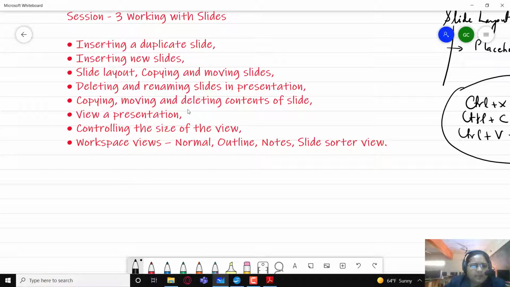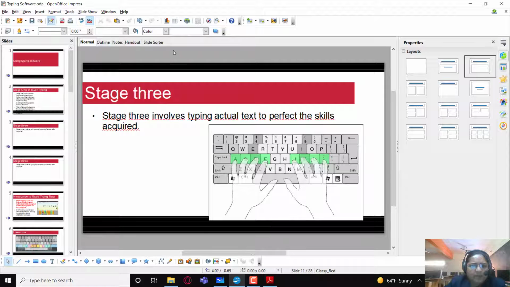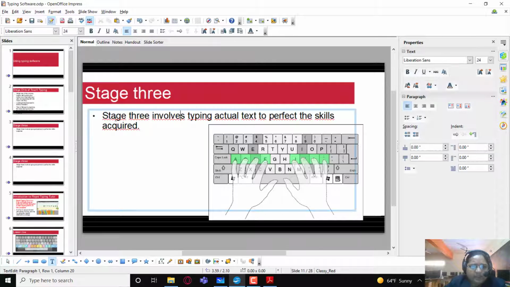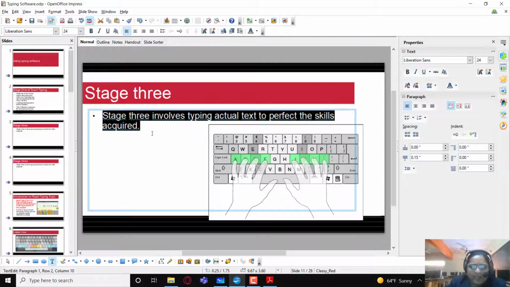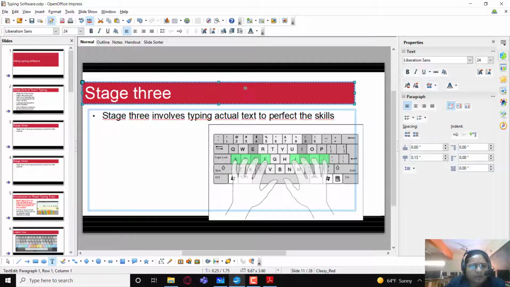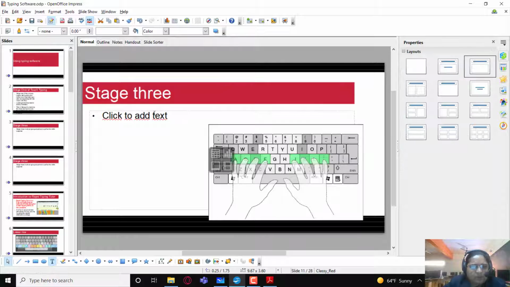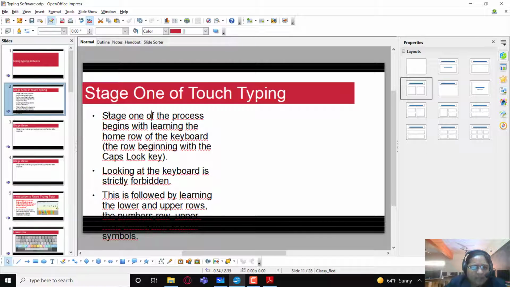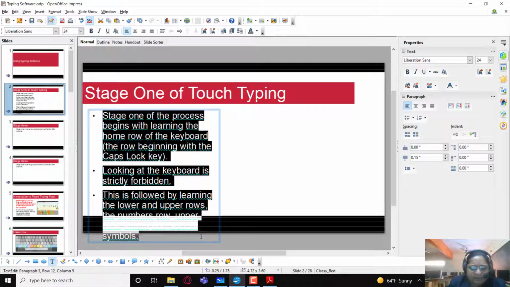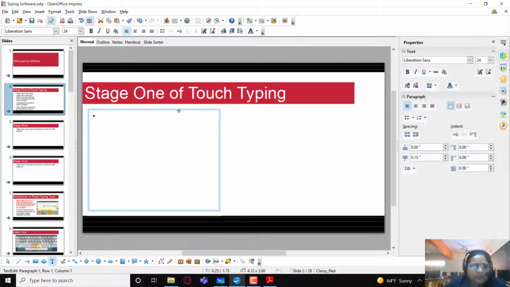Next is deleting content of a slide. Deletion doesn't require much attention, because for deleting the content of a slide you just need to select that particular content and press Delete on your keyboard. Also, once I have deleted the content, the placeholder remains.